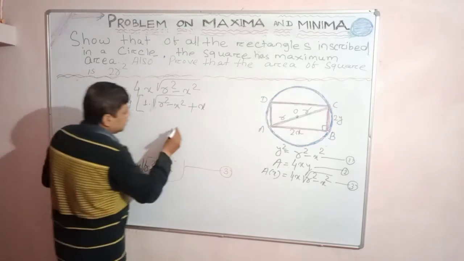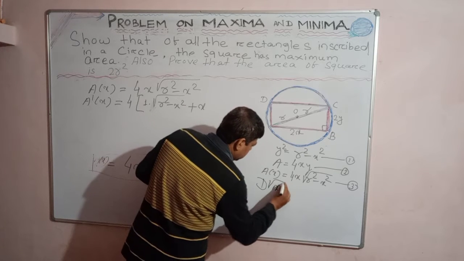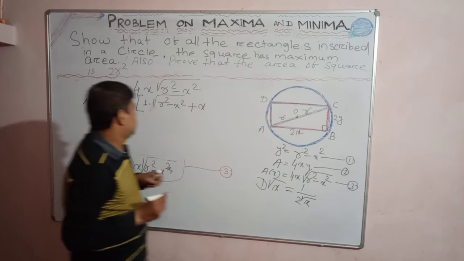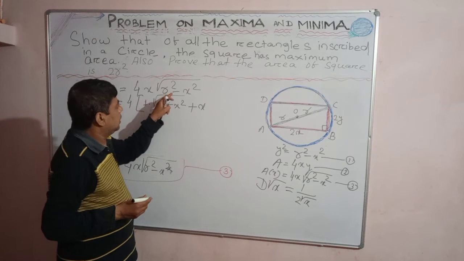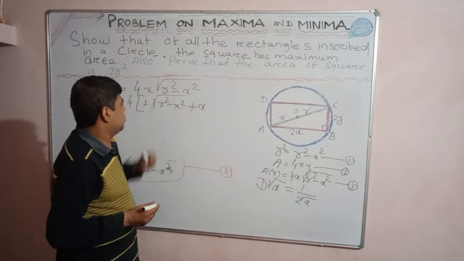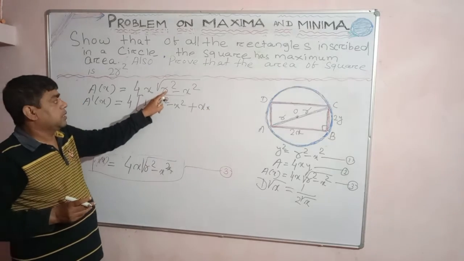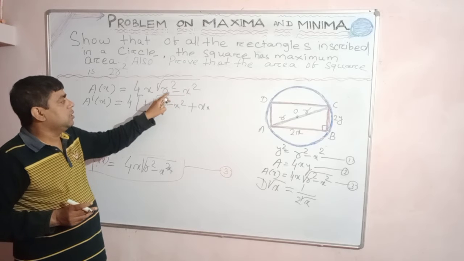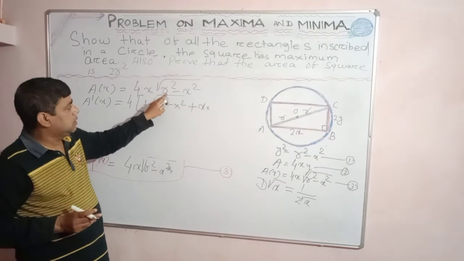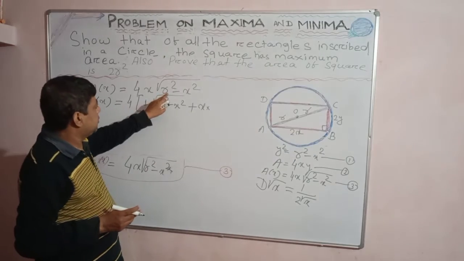And all of you know the derivative of root x. What is the formula? 1 upon 2 root x. Yes or no? So the derivative of the square root of r square minus x square will be 1 by 2 root of r square minus x square, into the derivative of the function under the square root, r square minus x square. You see, the derivative of r square is what? Because radius r is a constant, the derivative of a constant function is 0. That's why the derivative of r square is 0.